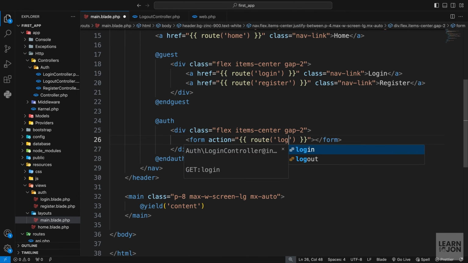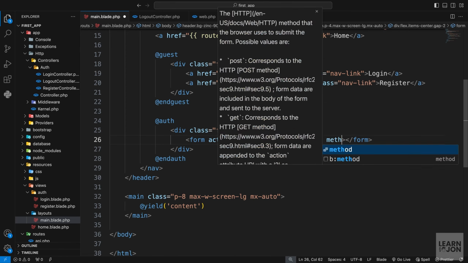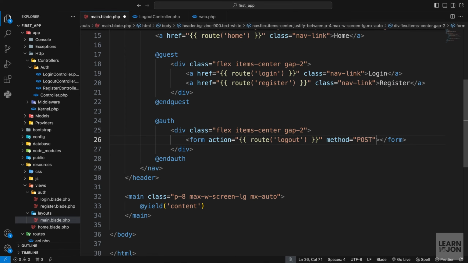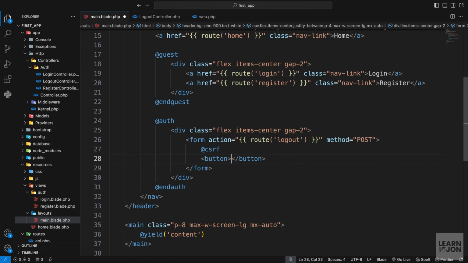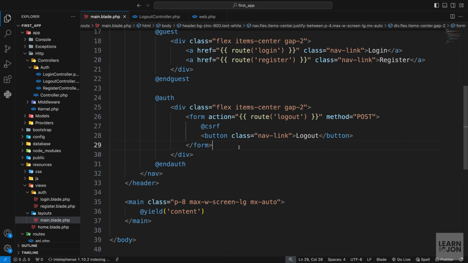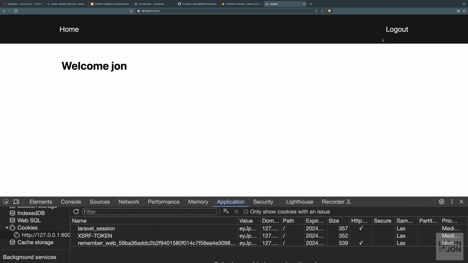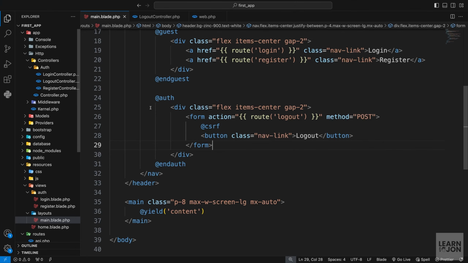And this time we want to use the logout route. The method for this form must be post, and that means we need the CSRF token. Then we just need a button and just apply the nav link, just like these A tags. It's going to look the same. So the text should be logout, and there we go. So that's our logout button, and we are able to see it because we are logged in, and this is